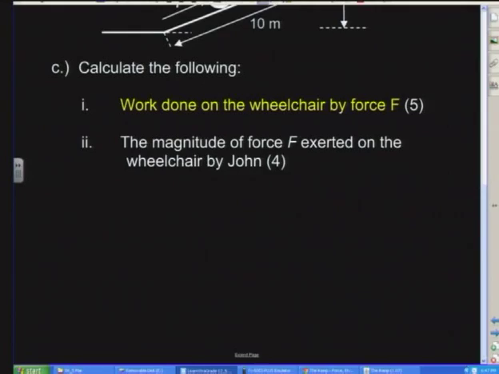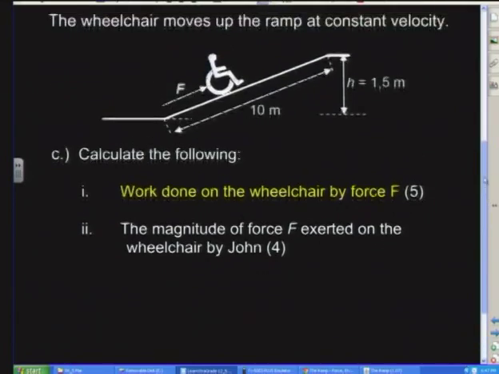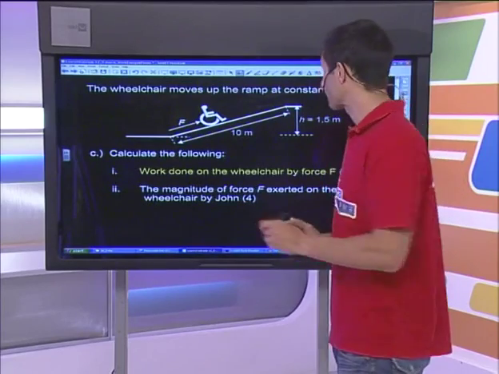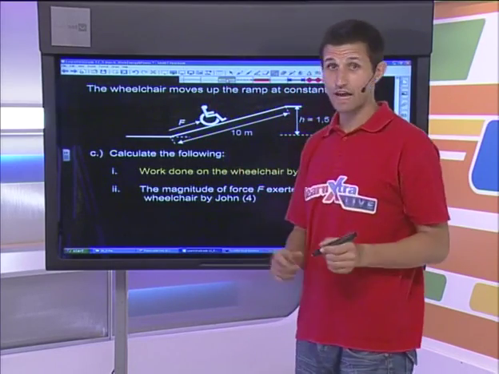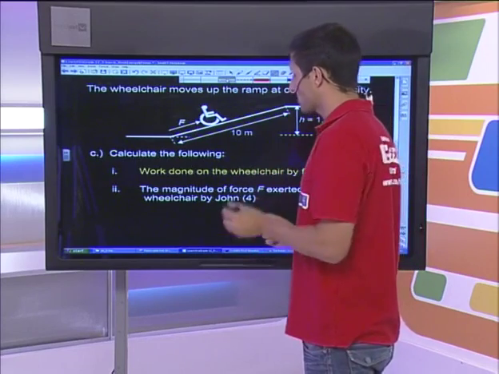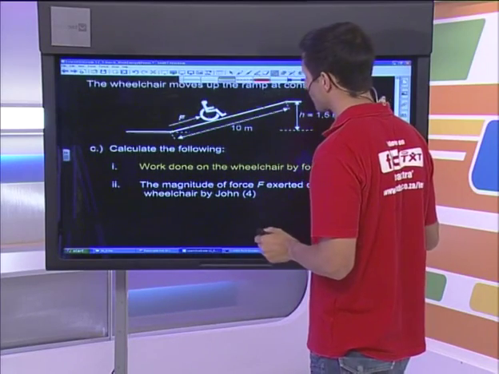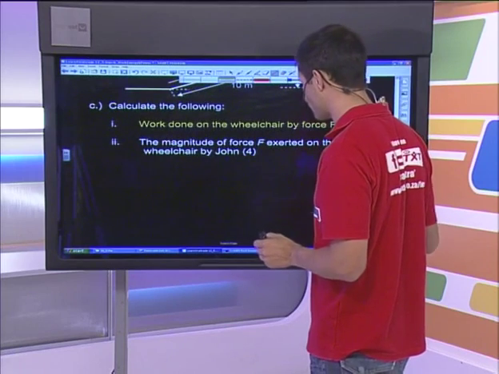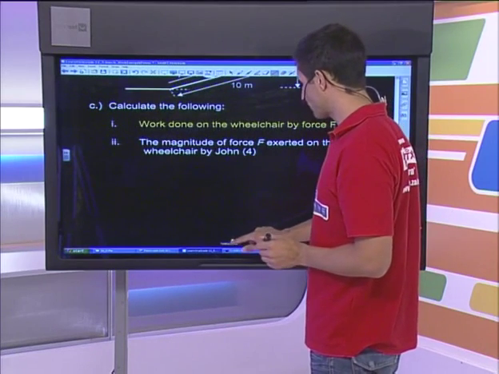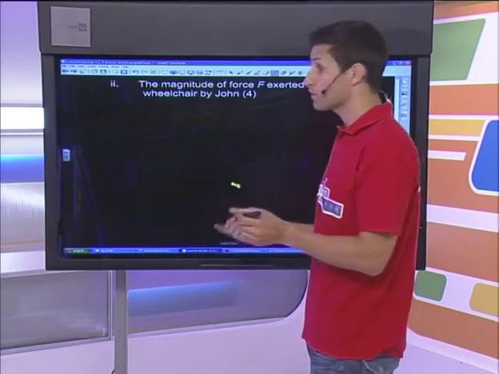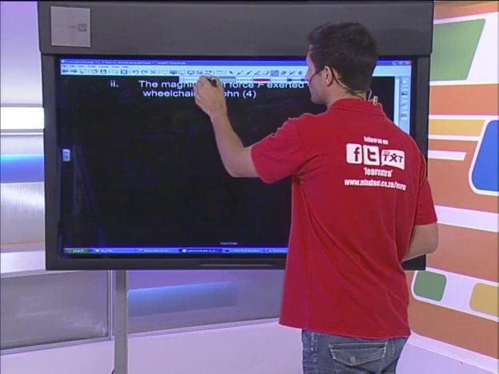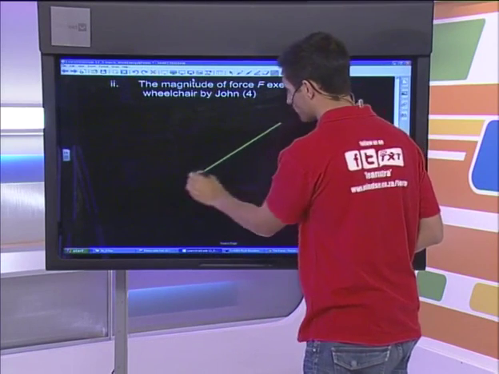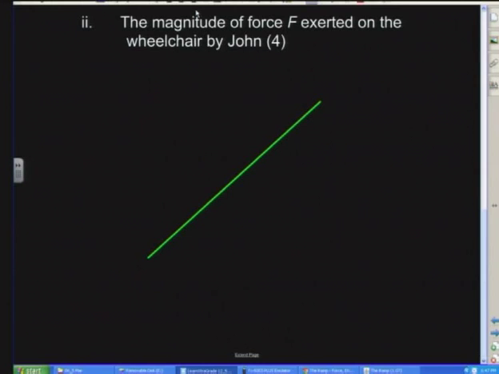Well, let's look at our diagram, guys. Let's see what force F has actually got to do. Well, there's a few ways of thinking about this. Okay, so force F acts up the hill. Now, I find this diagram to be slightly confusing, and I prefer free body diagrams. The reason that I prefer free body diagrams is I can put these arrows wherever I want. So let's do exactly that. Let's just draw in another hill quickly. So let's have a green hill. So the wheelchair is going up a green hill in this case, and we know that this hill is 10